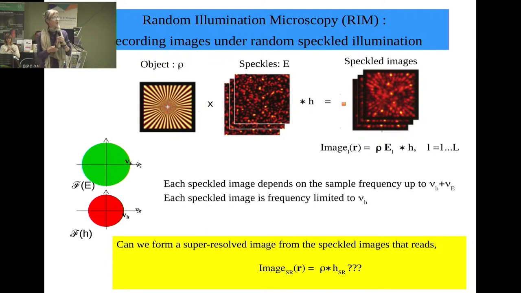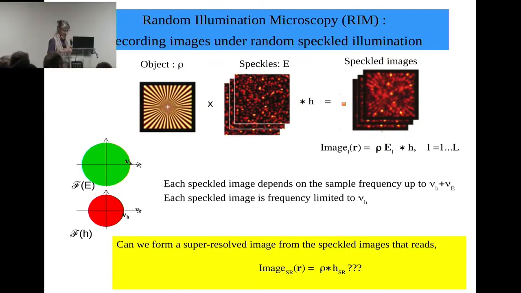Okay. So the problem was, we don't know the speckle pattern. Can we form a super resolved image from those multiple low-resolution images, in the form of the fluorescence density convolved with the point spread function that is super resolved? So we want to keep the linearity to the object, the wonderful linearity of structured illumination microscopy. And we want to get some super resolution. Okay, so the problem is that we don't know the speckle pattern, so we cannot use the techniques in classical structured illumination microscopy.